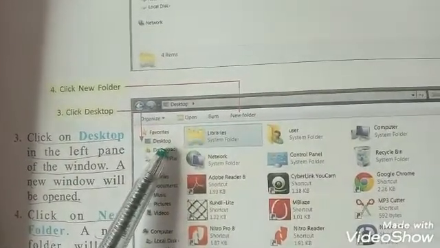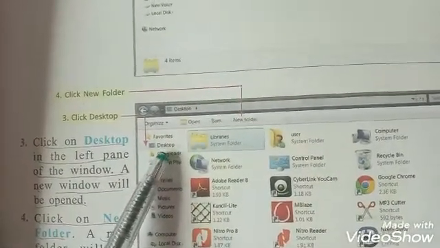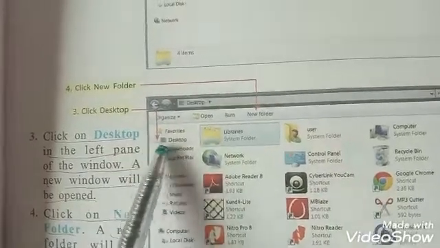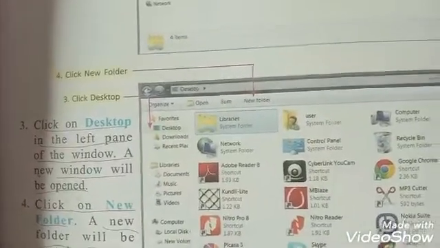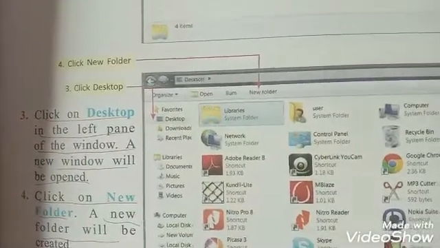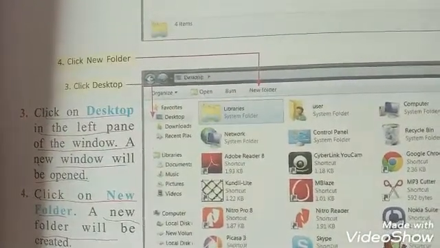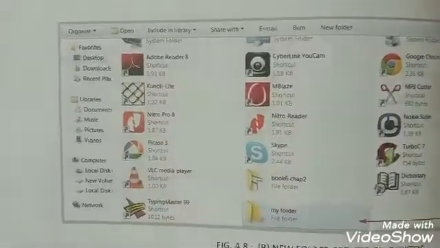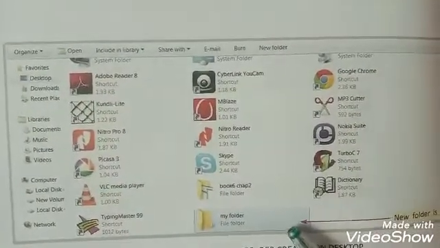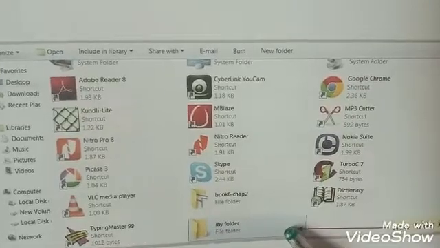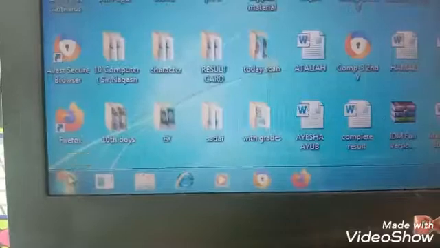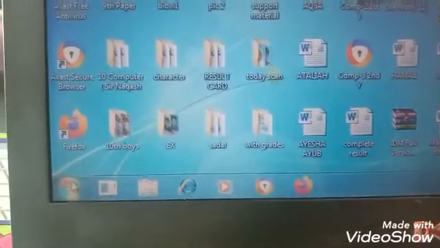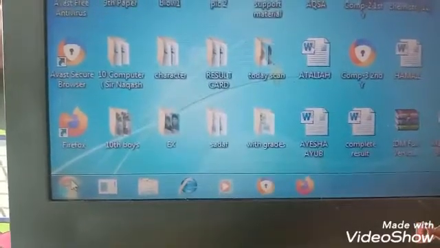Click on desktop in the left pane. When we click desktop, this bar will appear. Click the new folder. When we click the new folder, this folder will appear on your computer screen. It is another way to create a new folder.